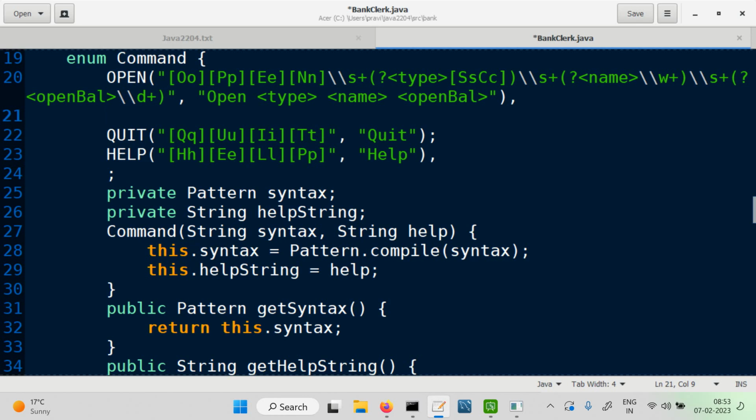Fine. We need the deposit. So the command is, the name of the enum is deposit, right? And what's the